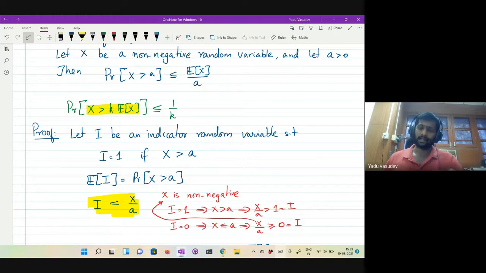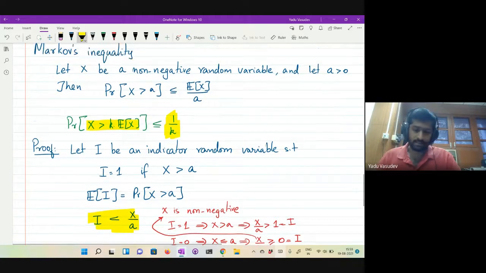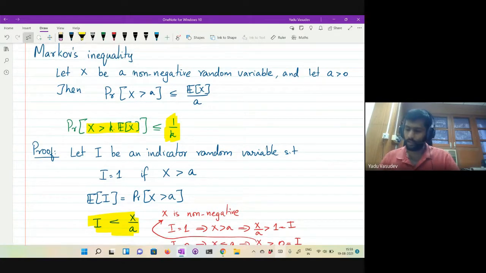But still limited, right? It's not very powerful. It does not give you very strong bounds. The reason I say it's not strong is because of this factor here. It's just 1 over k. So even if you want to say it's a constant times the expectation, the error you get is just a constant. You don't get this inverse polynomial, inverse exponential, which is sometimes needed. Okay. So any questions so far on this inequality?